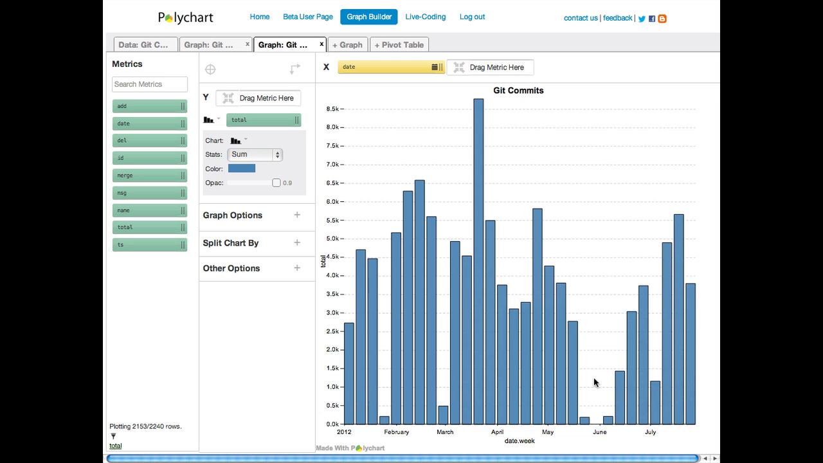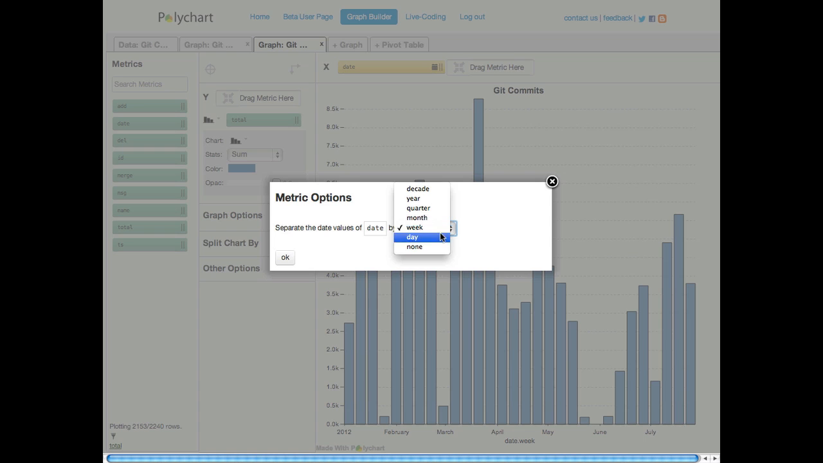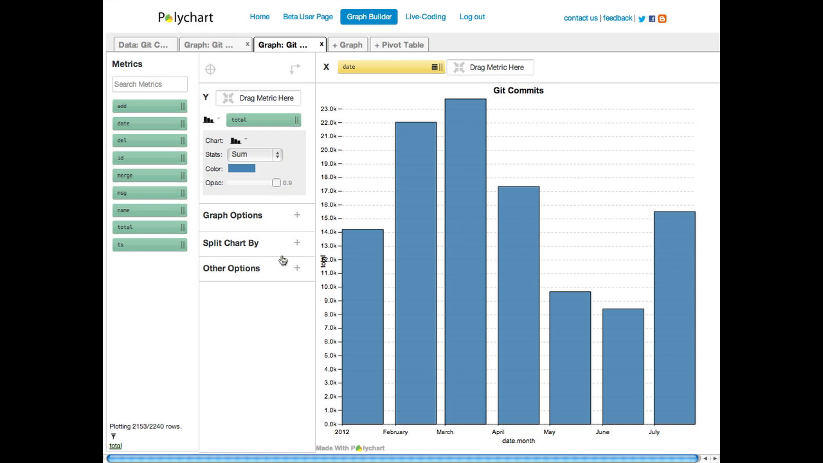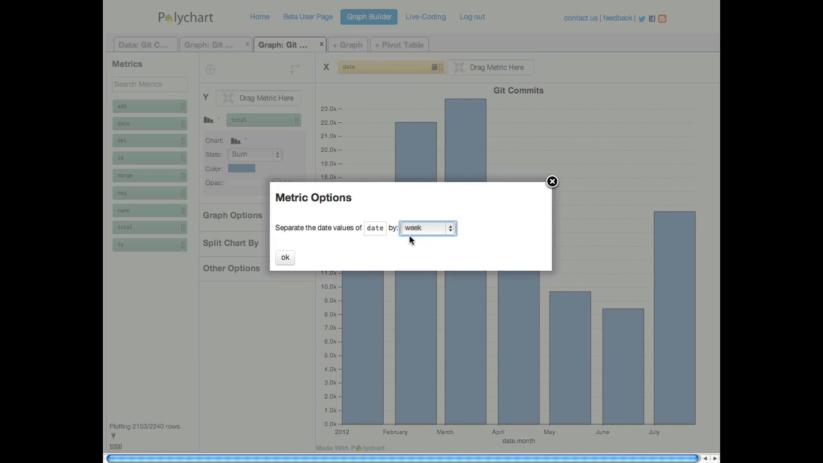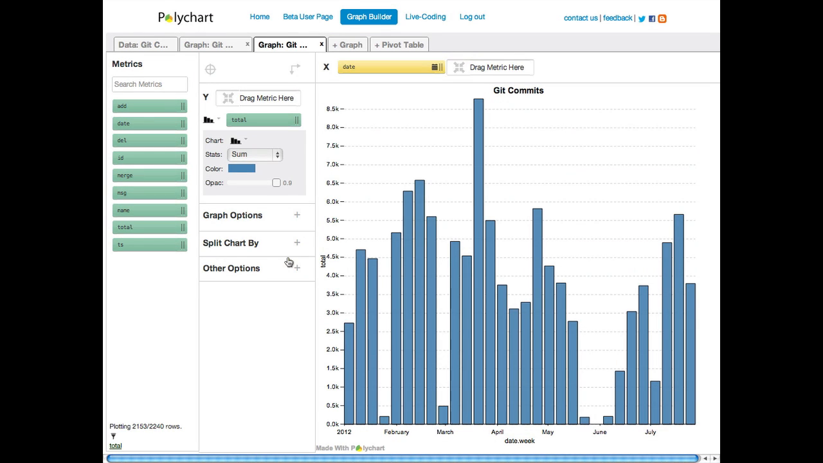Bar charts expect the x-axis metric to be categories, so Polychart automatically bins the dates. In this case, each bar contains a week of commits. We can change the bin width to, say, a month. Here we see that we were more productive in February and March. Switching back into a line chart,